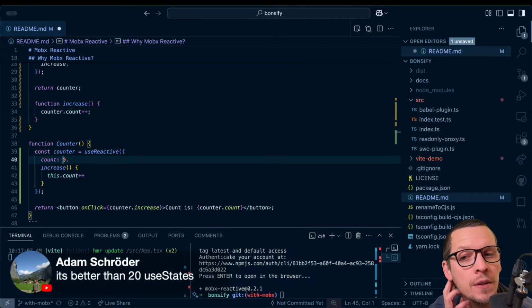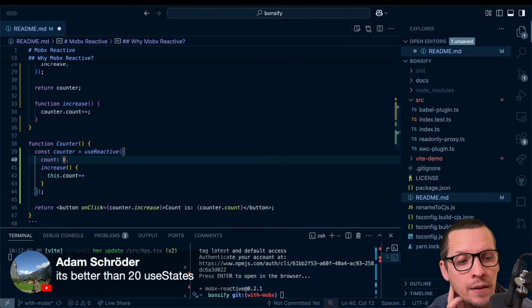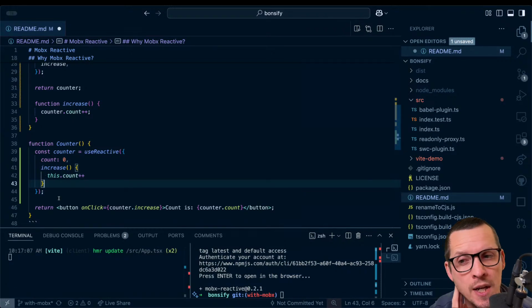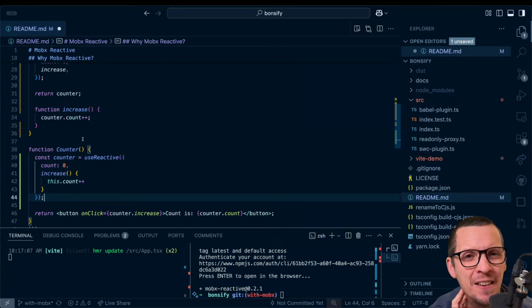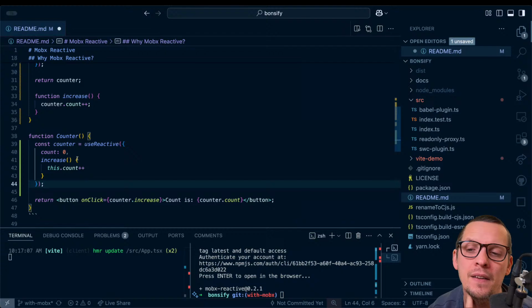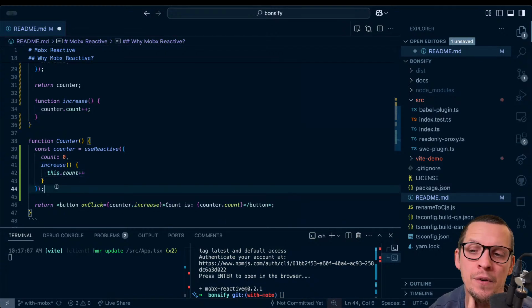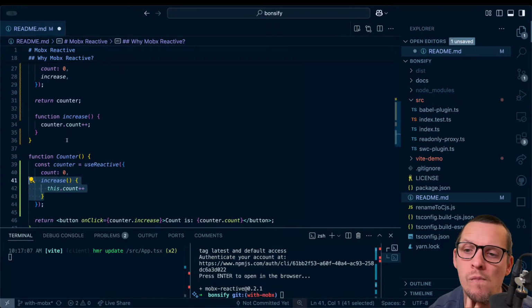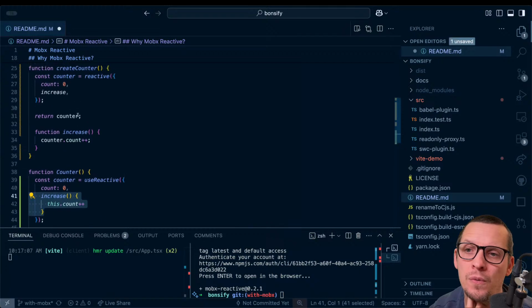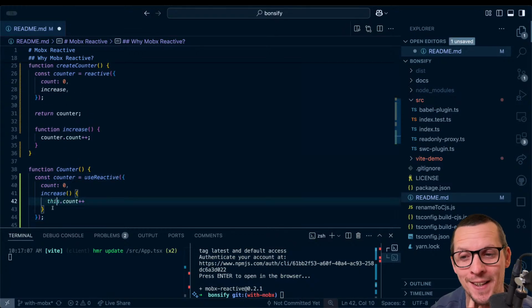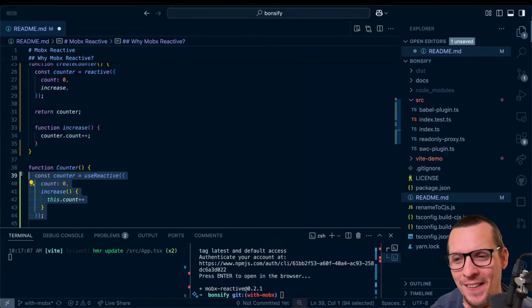Yeah, it is better than 20 useStates. And maybe you can still use a single useState with an object, but it's the updating of it, right? The update callback. Yeah, okay. But then I would also argue it shouldn't be read only by default. Or you could say if you use a callback, it becomes read only.